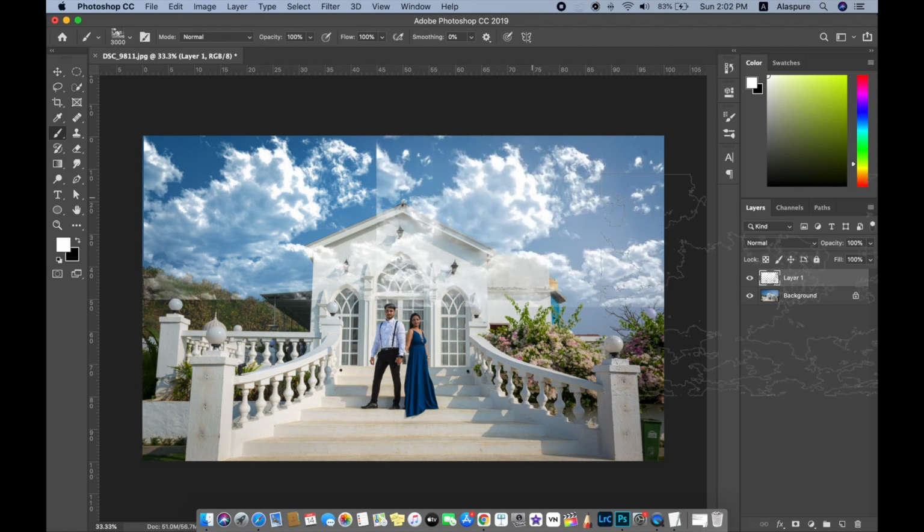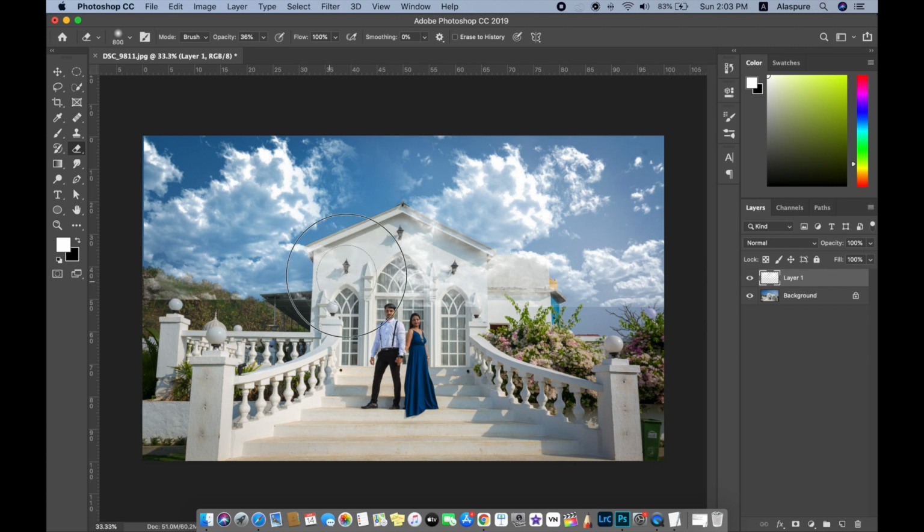Now again I will give a brush stroke. You can see that the clouds are added here, however those are not in good shape, or you can see that there are differences. Now select the eraser tool, decrease the opacity for this and try to clean this stroke here, which is a difference. You also need to clean or delete the clouds which are getting overlapped on your images. There are different tricks to do that.